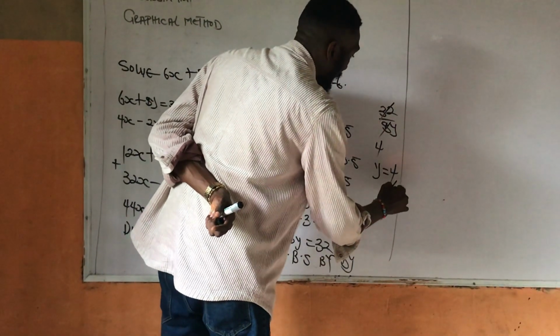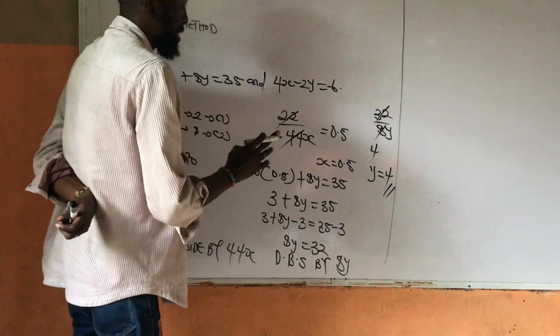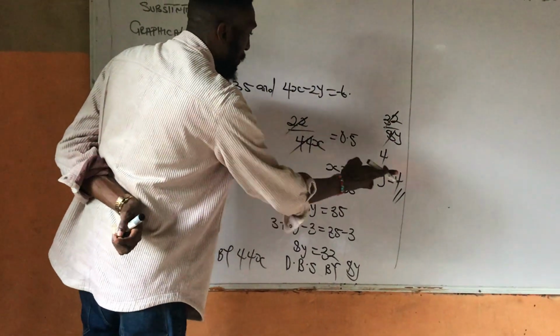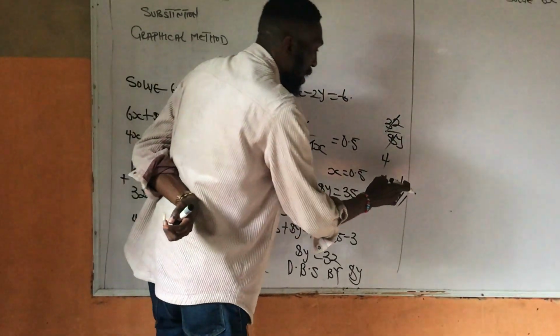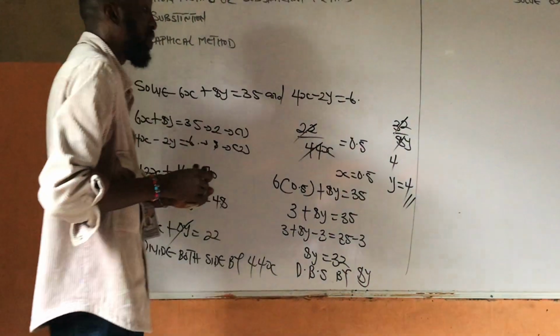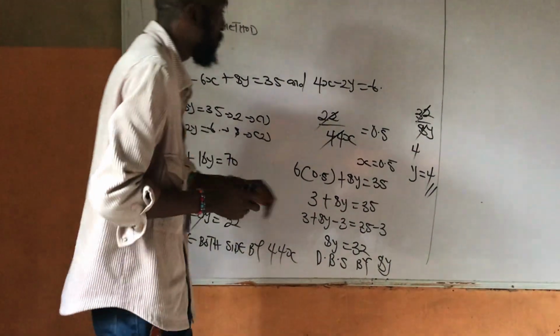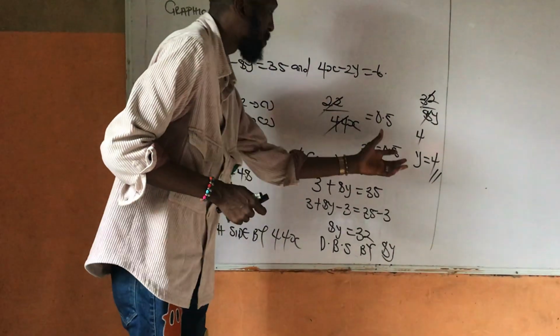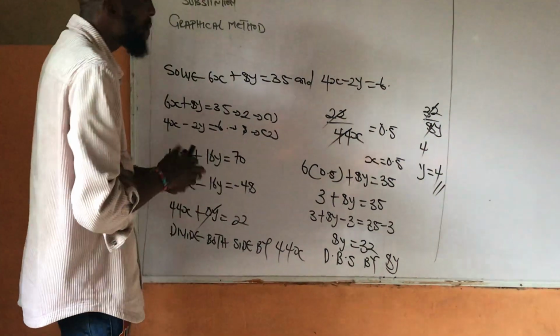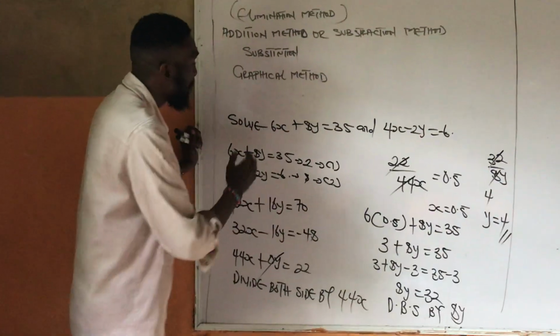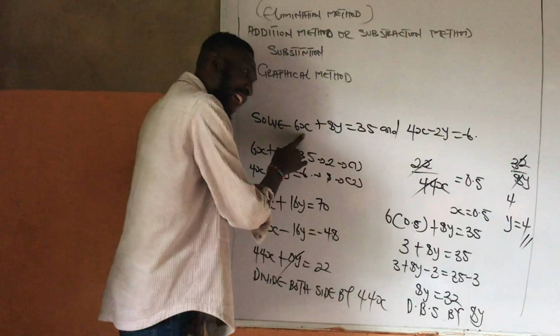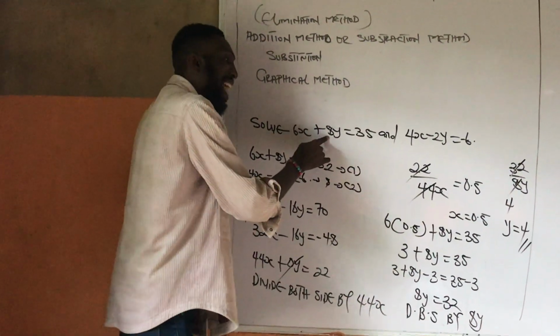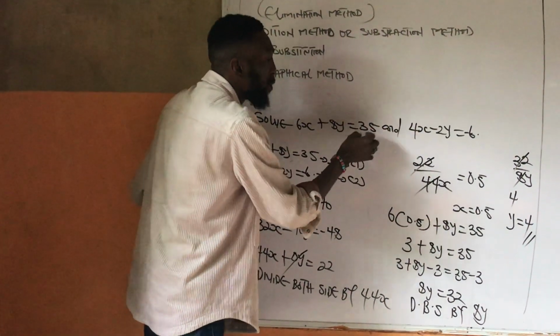Now we've gotten our y, and we've gotten our x. Anytime you see x, put 0.5. Anytime you see y, put 4. So at this junction, always check your answer. If it doesn't tally with what you have here, means your answer is wrong. So you can check your answer, means do it by yourself. You can check your answer, which is 6 times 0.5 plus 8 times 4. If it doesn't give you 35, means